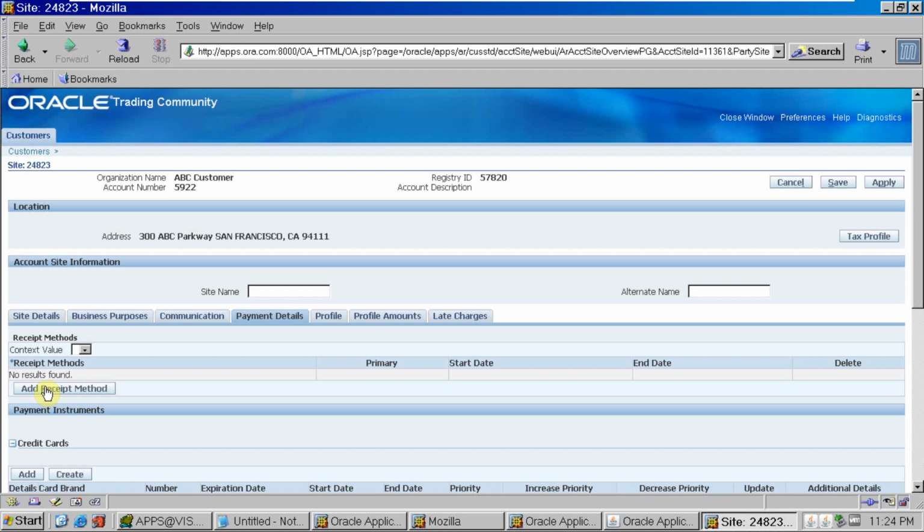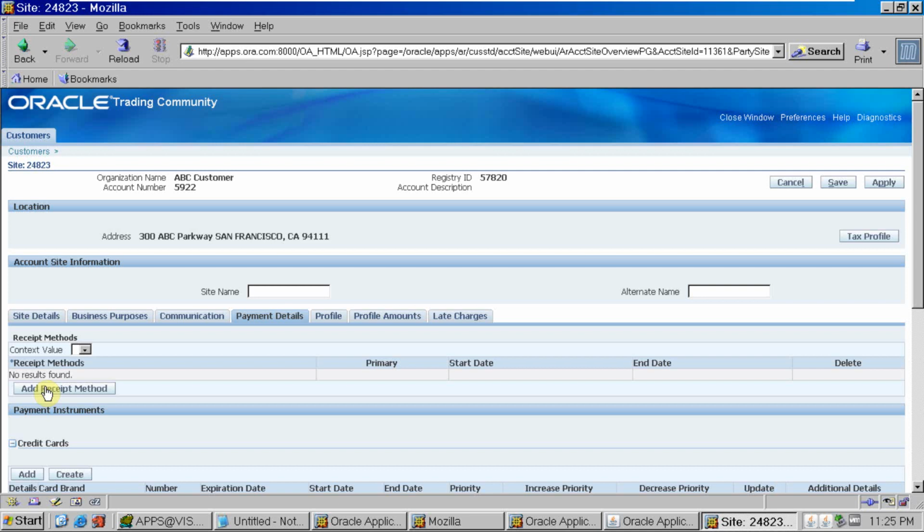So I have to do the bills receivable setup also. I will generate the invoices and I will create the receipt, which will be created through the bills receivable.